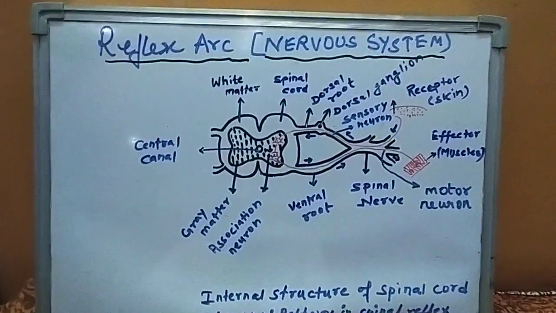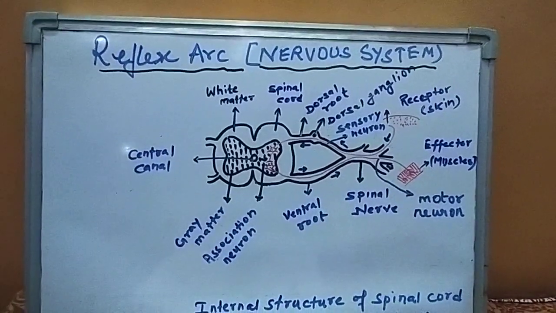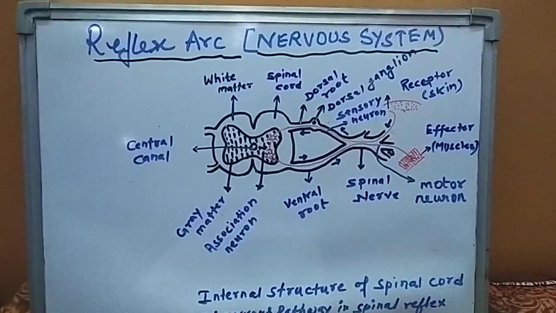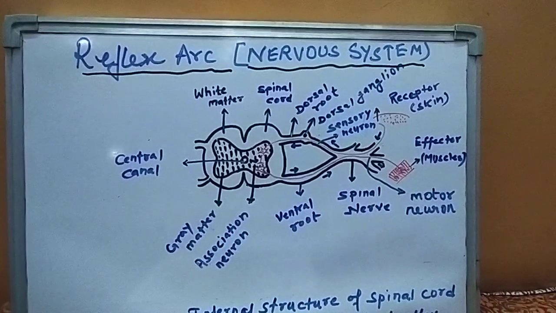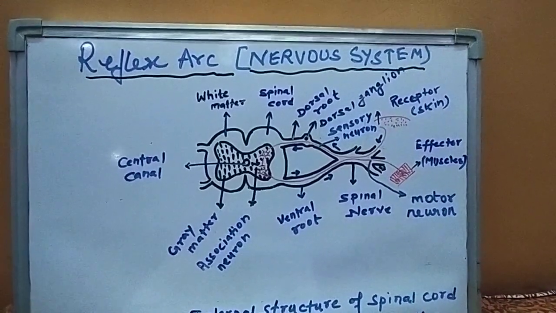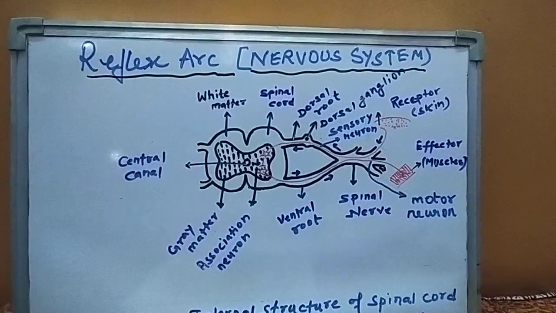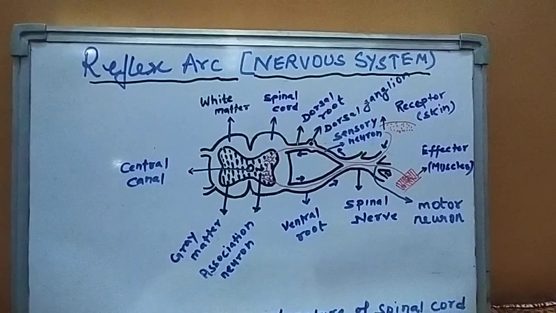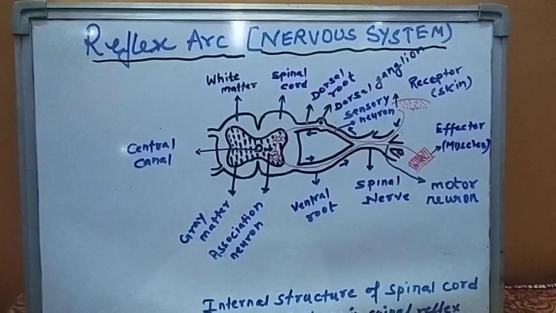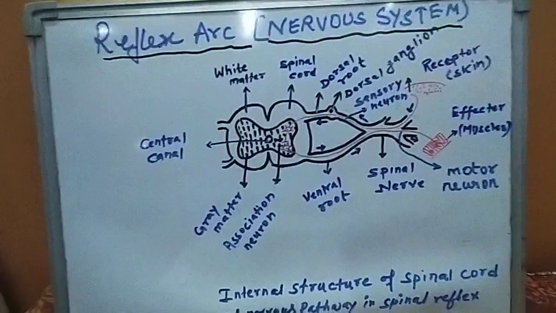The spinal cord is a structure that extends from the medulla, the lower stem of the brain, and continues almost the whole length of the backbone till the second lumbar vertebra, and it lies within the neural canal of the vertebrae. Now, there is an arrangement of gray matter and white matter in the spinal cord cross section